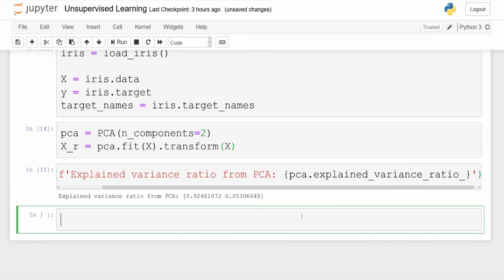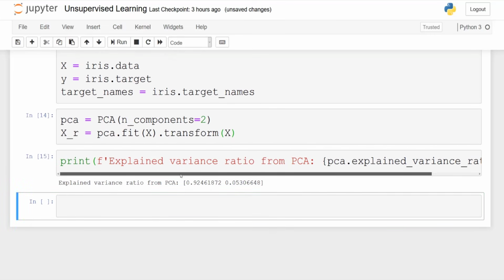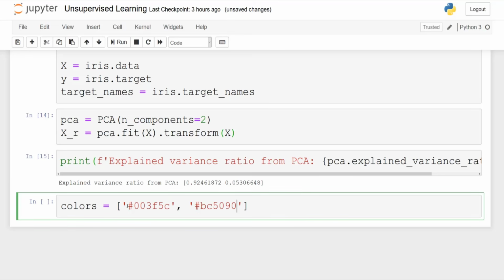Running this cell, as you can see, the first principal component explains 92% of the variance, and the second one 5%. So that means that a total of 97% of the variance is explained with only 2 components. So now we are ready to plot our data set in 2D, and that newly transformed data contains about 97% of the variance of the original data set.